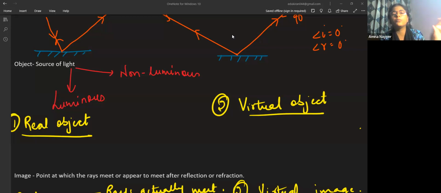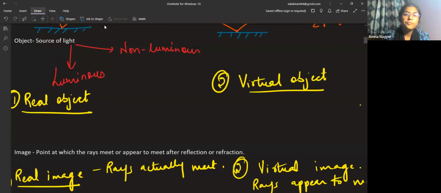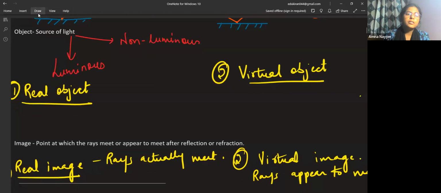Just remember, luminous objects and non-luminous objects exist. So Fia, which you were mentioning about glass is also non-luminous. Glass does not emit its own light, but it helps in refraction and reflection. Now, when we are talking about real object and virtual object, this also you should remember, because if just light